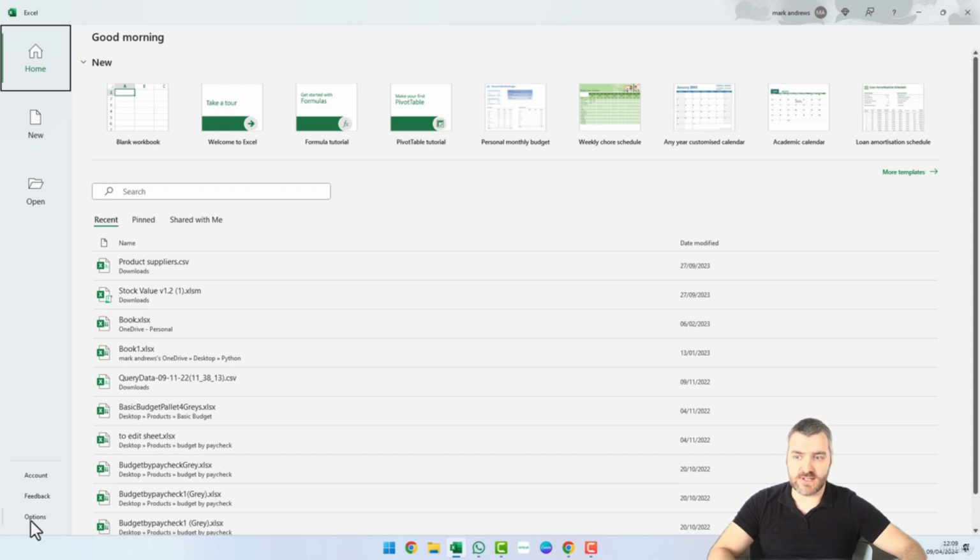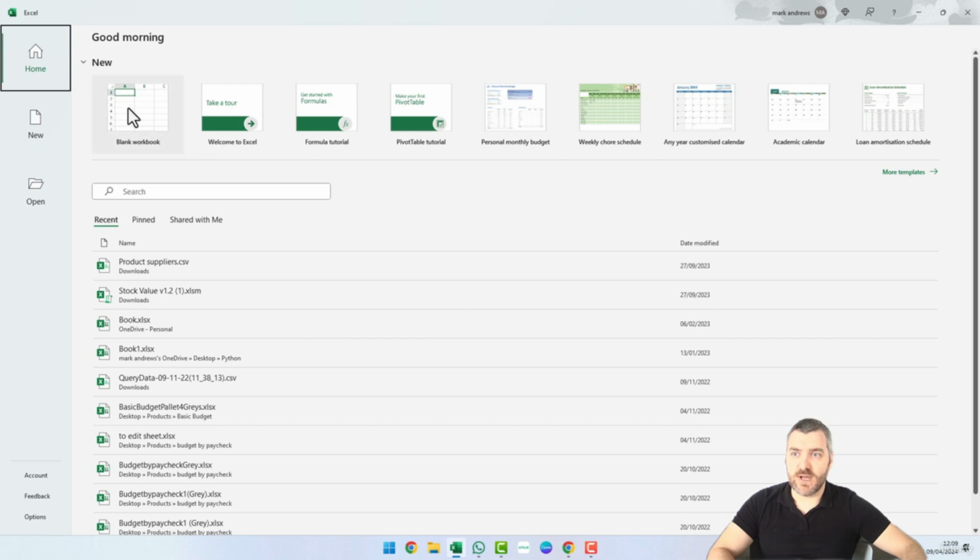But for now, we're just going to leave it as we'll come back into them. And I'll show you how to get into them when you're in Excel itself, just so that we can look at things like the developer tab and how we could potentially use that. So when you've got to this point, then what we're going to do is make sure that